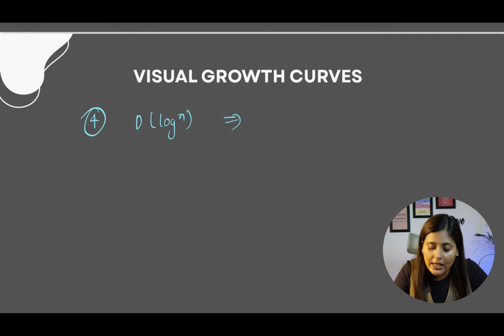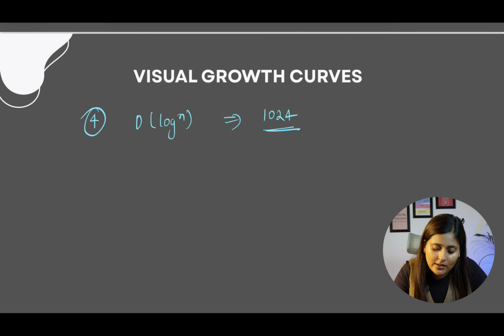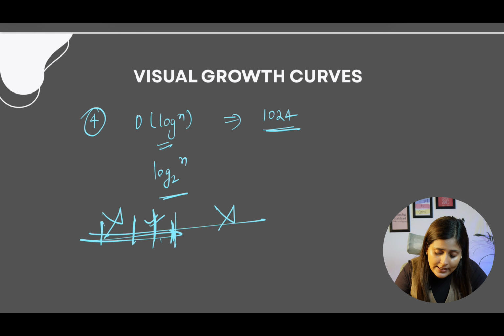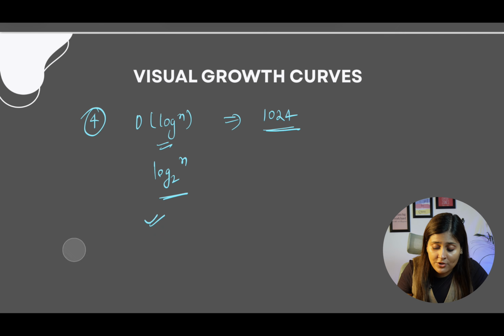Just suppose the number is 1024. This number is very large, right? Like 1000, correct? But when you take the logarithm, meaning log base 2. Now why log base 2? Because in every iteration we are ignoring one half and going with the other half, then ignoring the rest half, and so on. Every time we are ignoring half the input. That is the reason we take the logarithm, but base 2.